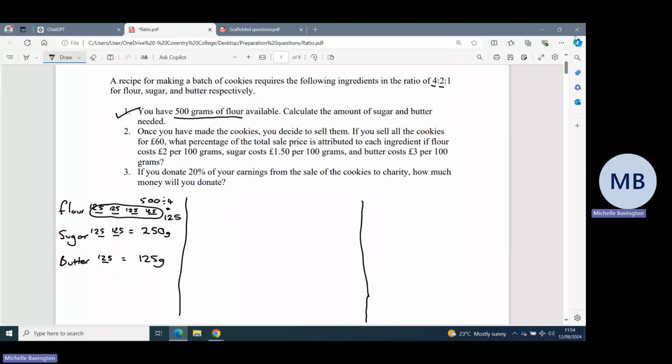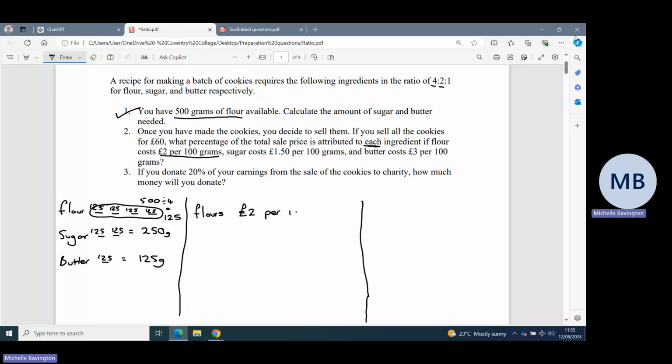Okay, right. Once you've made the cookies, so I've made them, you decide to sell them. If you sell all the cookies for £60, what percentage of the total sale price is attributed to each ingredient? If flour costs £2, right, let's do the cost. So the cost, the cost, so the flour equals, so it's £2